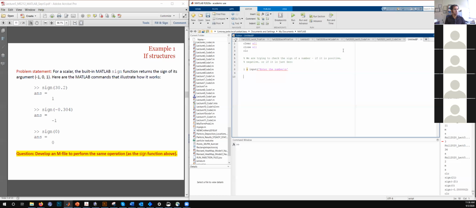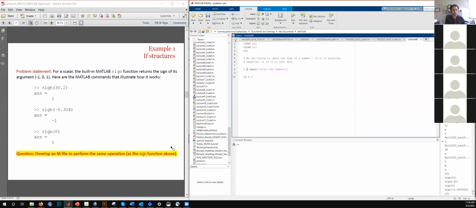Since we are trying to learn if, we are of course going to check the number using the if structure, as in what is the value of the number, and then have the output accordingly. So if, what should be the first condition? I is less than 0.